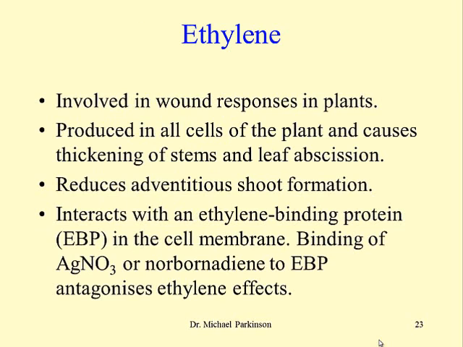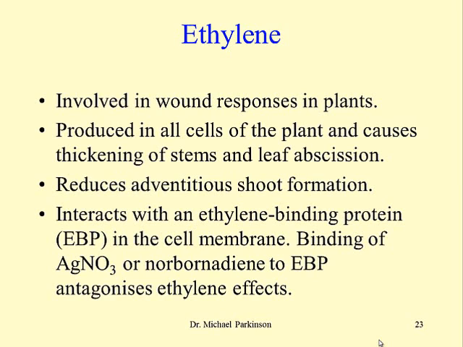Ethylene is involved in the wound response in plants. It's produced in all cells of the plants, and it tends to produce thickening in stems and leaf abscission. This is not something that you want in plant cell cultures. It also reduces adventitious shoot formation. So basically in plant cell culture we tend not to add ethylene, but we tend to try and counteract the